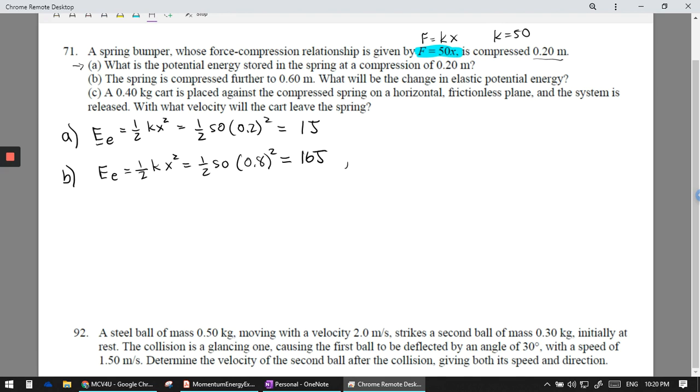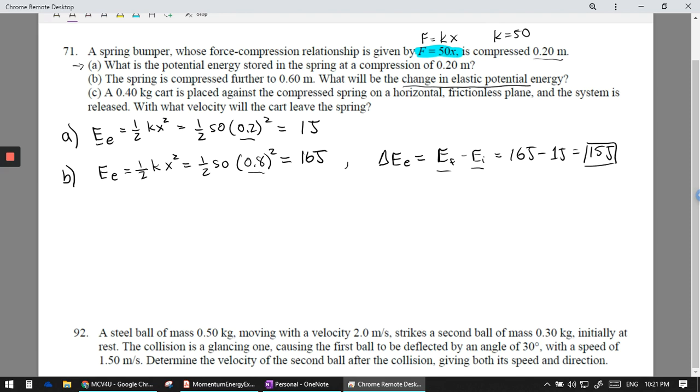It's the change in elastic potential energy that they're asking for: elastic energy final minus elastic energy initial. So the final is tagged to the energy that it had at 0.8. The initial is tagged to the energy that it had at 0.2, right? And so we're basically going to be taking 16 joules minus 1 joule, and we're going to end up getting 15 joules. So it took an extra 15 joules to push